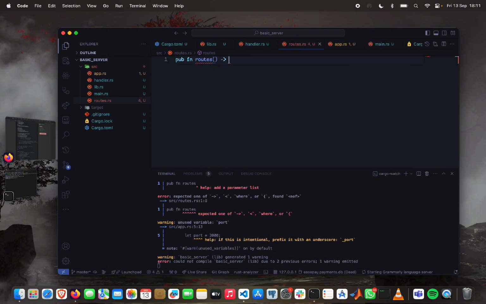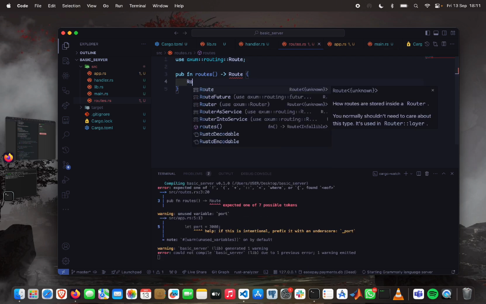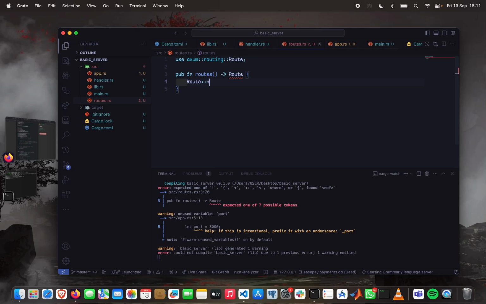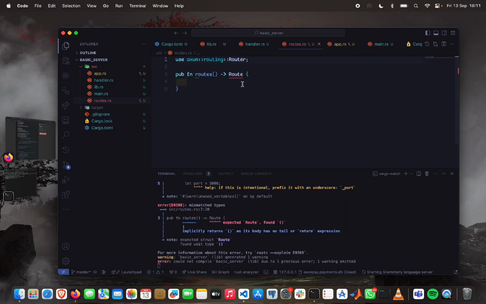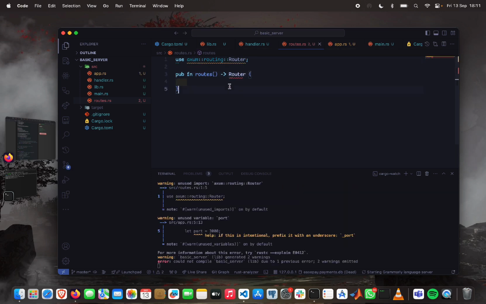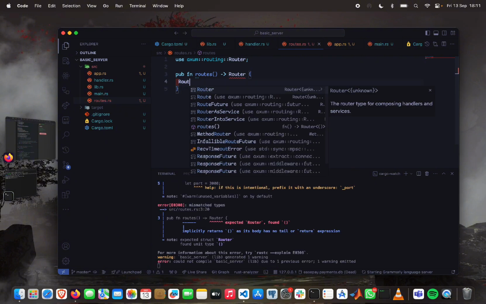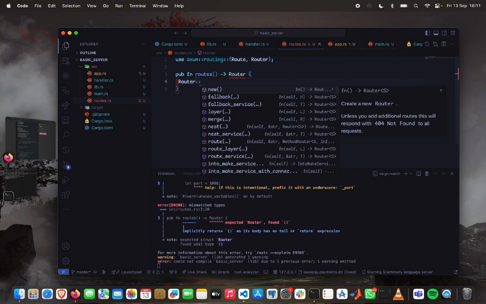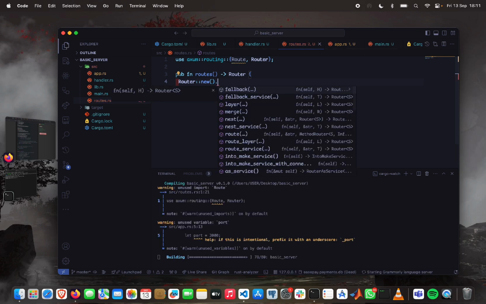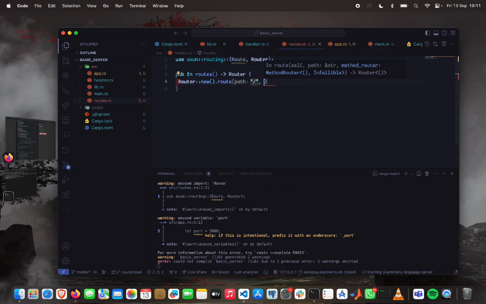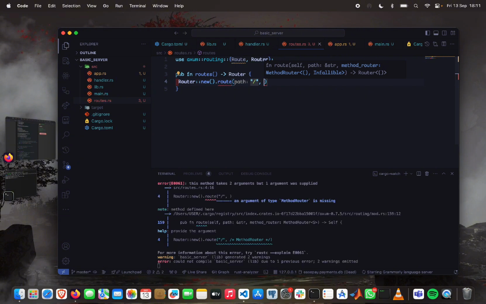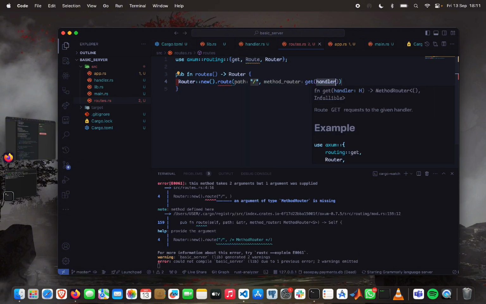So this route is going to return this. No, this should be a router, not a route. Apologies. So this is just going to do get, and I can do